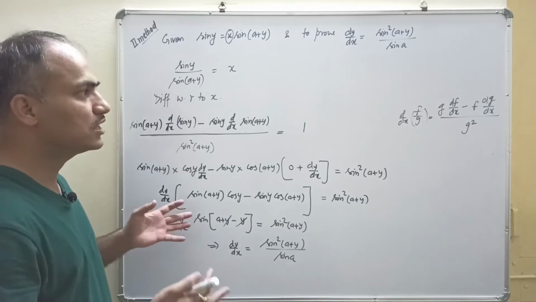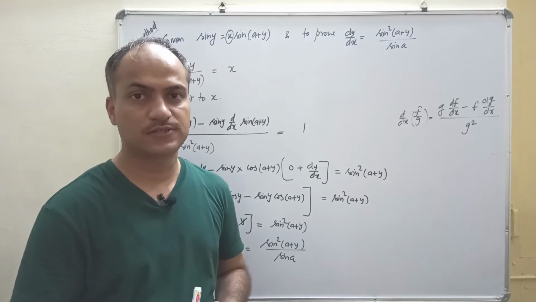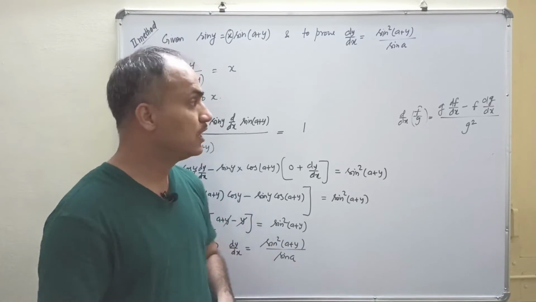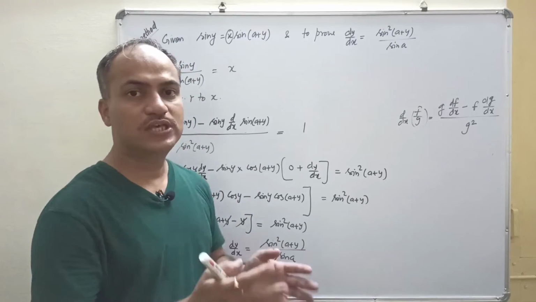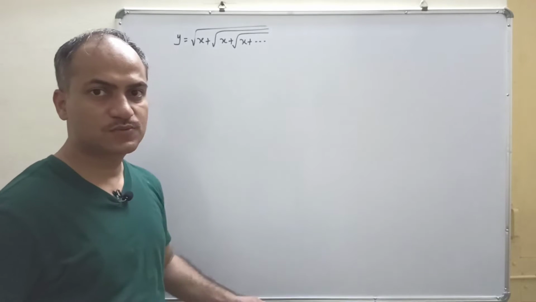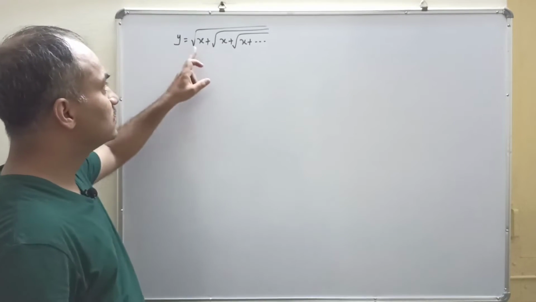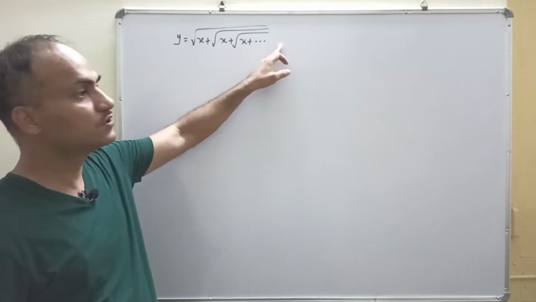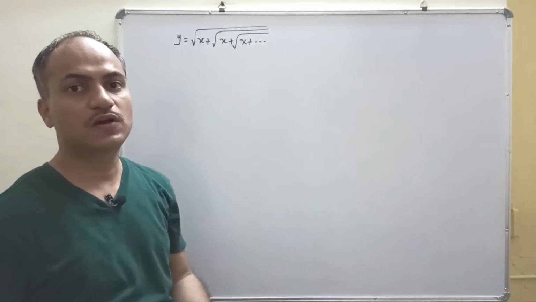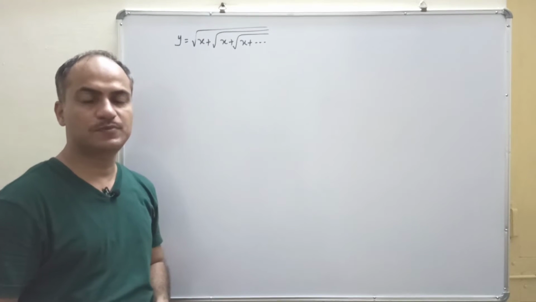So you saw there are two approaches. These approaches differ because of the thinking process. That is what I want to focus on. If you do any question, your thinking process also simultaneously goes on. In this question we are given a function in this form, and now see this is actually infinite terms. This three dots means it is going up to infinity. This is a way of repeating any sequence or series up to infinite terms.